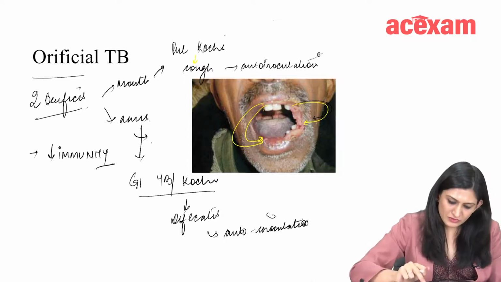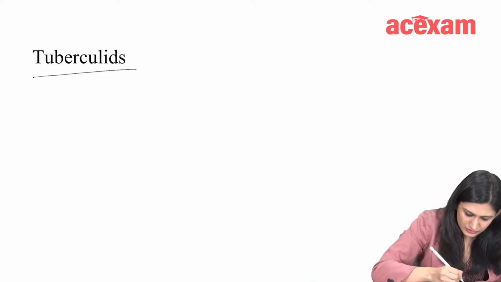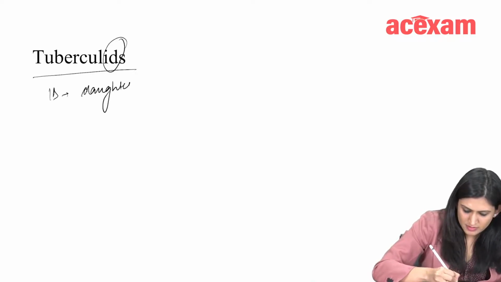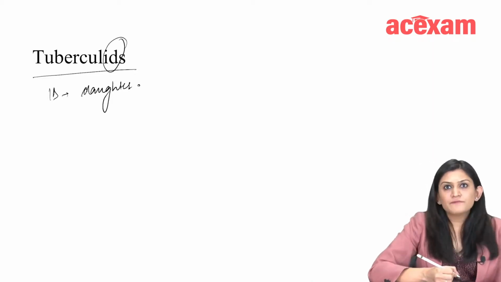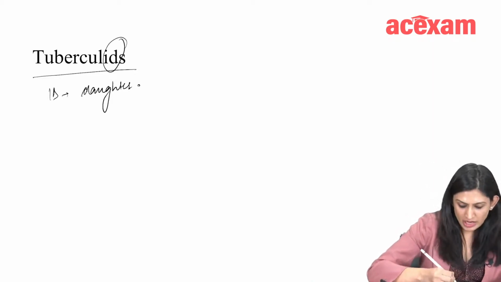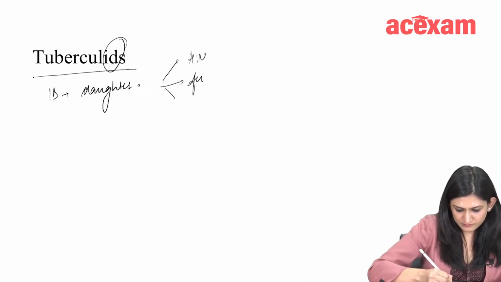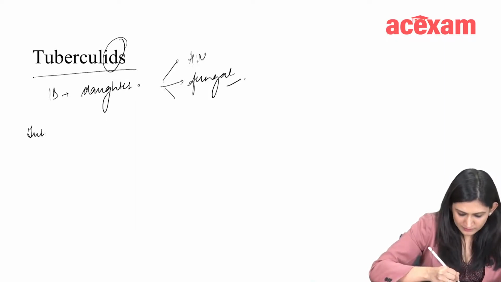Now next we'll read about tuberculids. So what does it mean? It means daughter. And tuberculosis is not the only infection that causes an id reaction. Id reactions are caused by HIV. They are also caused by fungal infections. So what is a tuberculid? A tuberculid is defined as